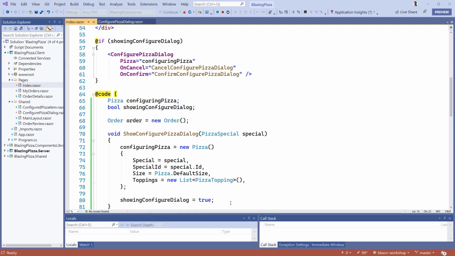With that value set to true, on line 56, this if statement is now enabled. And the configure pizza dialog component will be shown. It's being passed in the pizza that we're configuring, that we specified on line 72 in our show configure pizza dialog method. And then we have 2 parameters that we're passing in, on cancel and on confirm. These are pointing to 2 methods on this page that will be triggered from inside the configure pizza dialog component